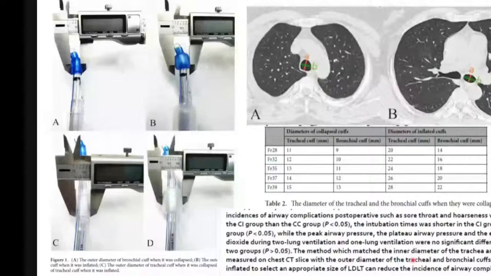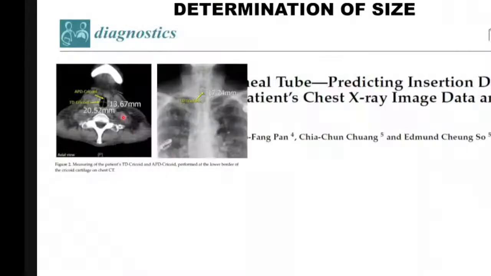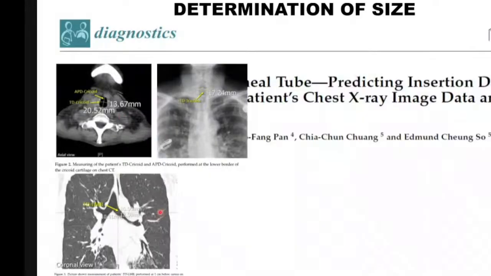Researchers have used multiple parameters. They use the tracheal diameter. In CT, they use the cricoid diameter, left main bronchus, posterior, and transverse chest diameter. But the problem is that in the day-to-day practice scenario,